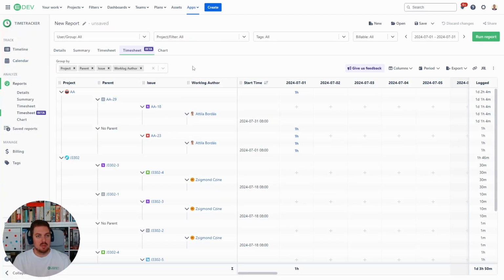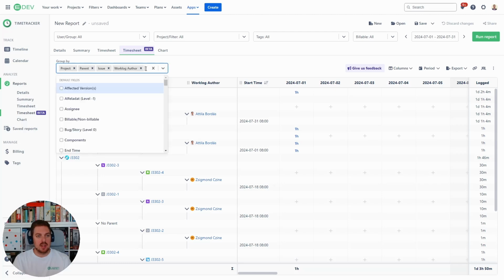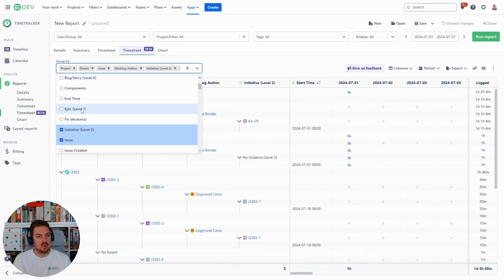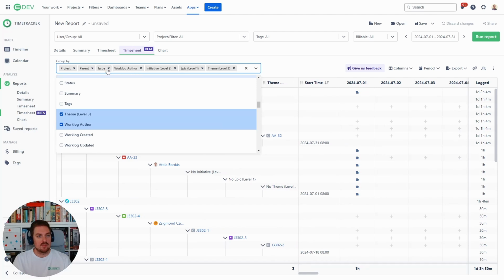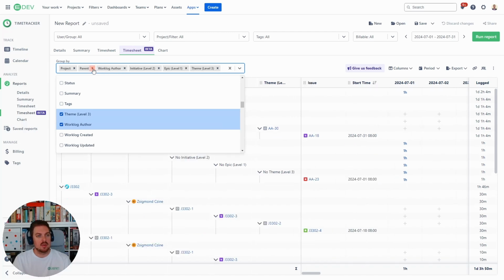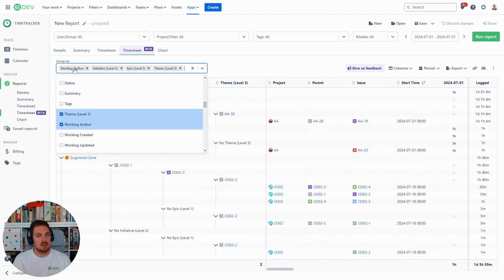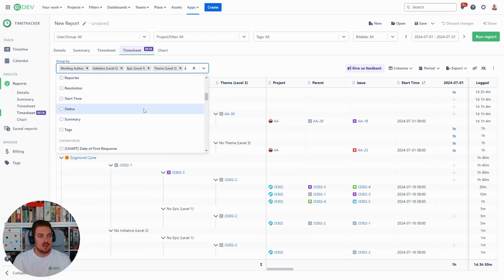And now let me go back to the timesheet, last month and the new timesheet. And now I will add these levels that you have seen before. So level 2, level 1, level 3, I can remove the issue and the parent and the project, and also